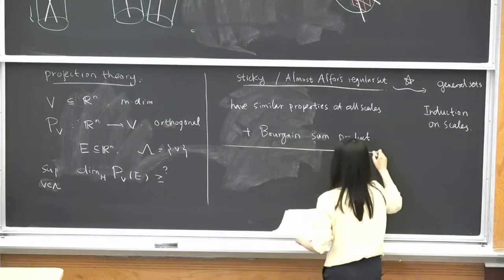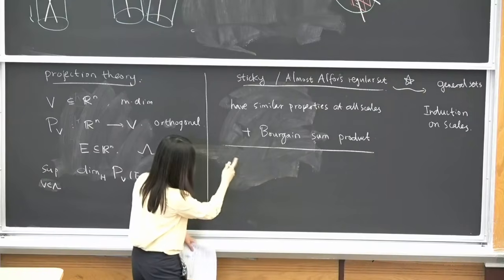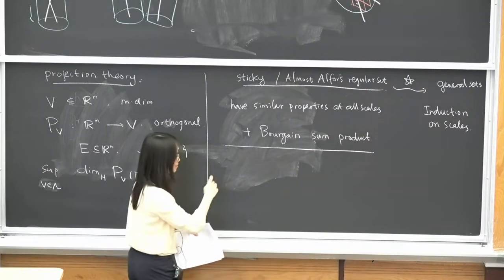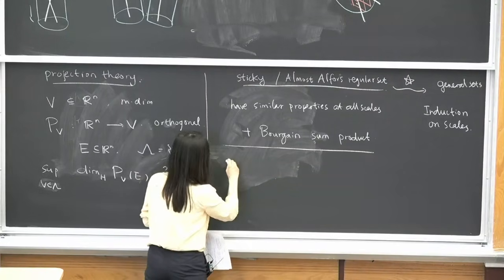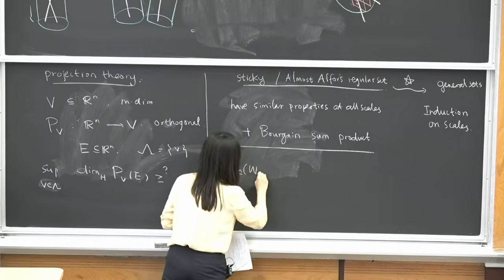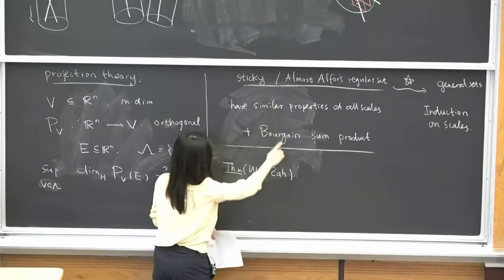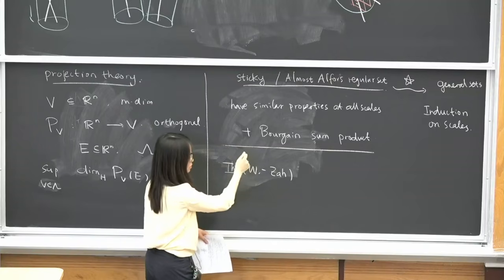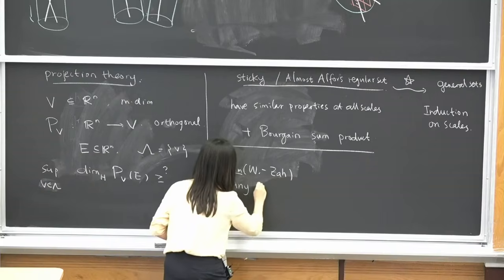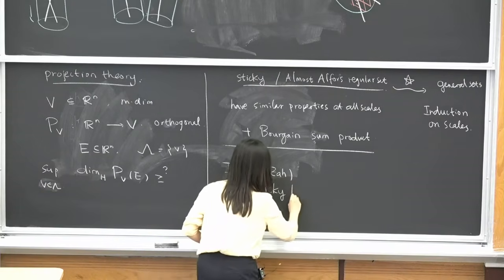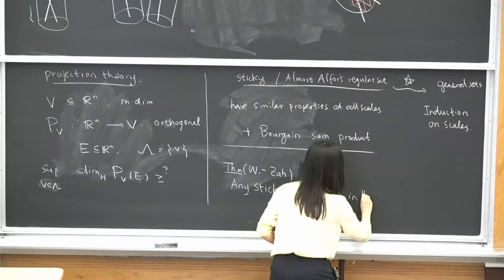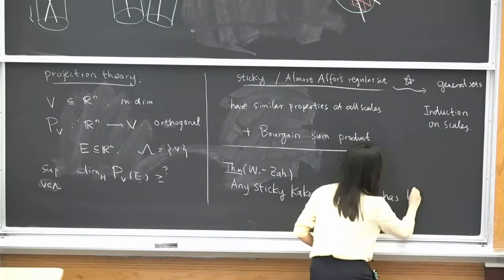So this is what we do. Inspired by some arguments of Katz and Tao, like Tao's blog post, we prove that our first step is to prove the Kakeya set conjecture in R3 holds for this special class. Any sticky Kakeya set in R3 has Hausdorff dimension